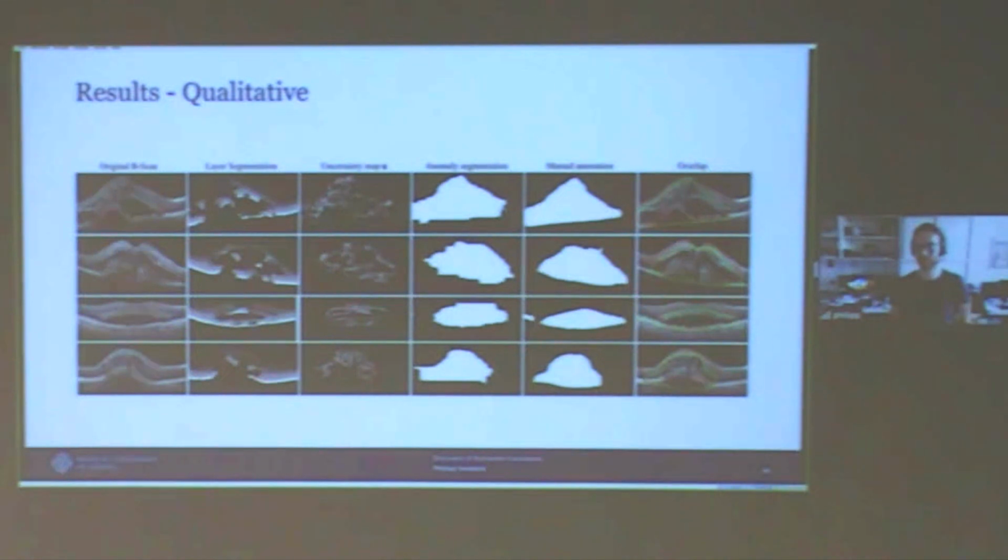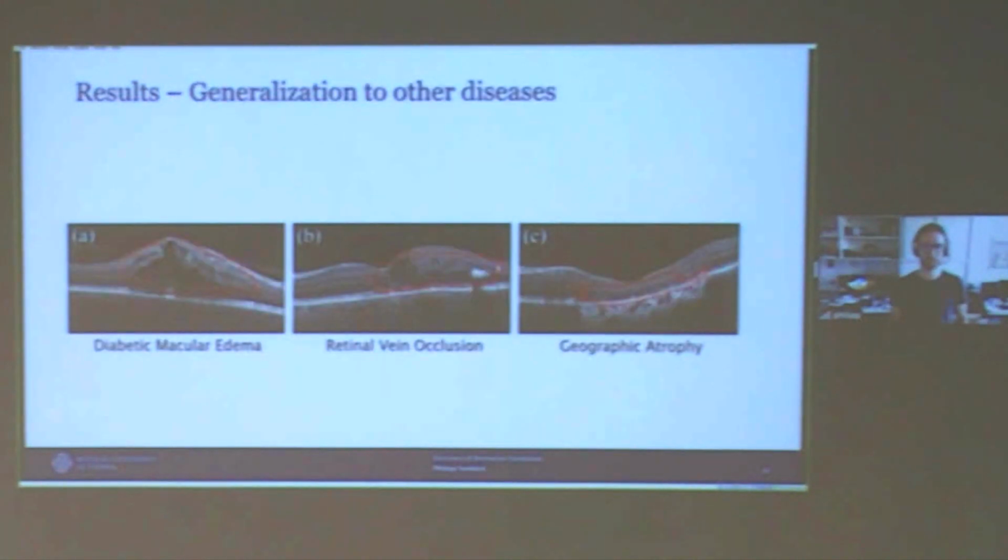And actually we were astonished how well this worked. You can see here the manual annotations and the output of our model. And in some cases, I'm not really sure which one is better. What is also nice is that these anomaly detection techniques naturally extend to other diseases, because the training is just done on healthy scans. So it detects anything that is deviating from this normal appearance. So you can use that for all kinds of diseases.